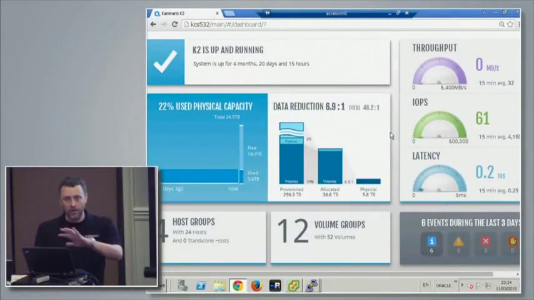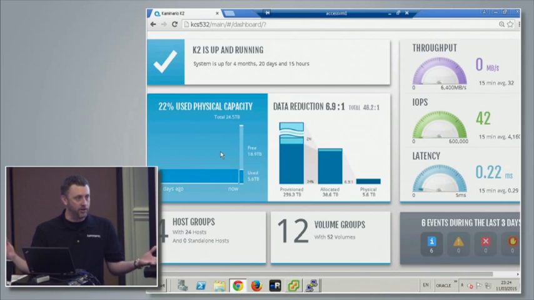Top left, check marks usually indicate that things are going okay. If there is a problem with a component, you'll get a link there. On the right is a snapshot, or a real time view, of what your performance is, which isn't very much right now. On the left, one of the advantages of having just a single storage pool, whether it's 1K block or 4K blocks, is that our customers are concerned about only one utilization number, essentially, which is how much used capacity